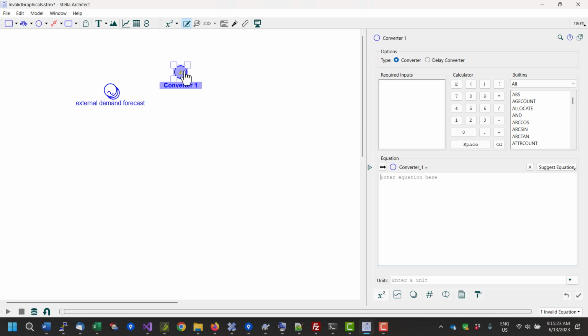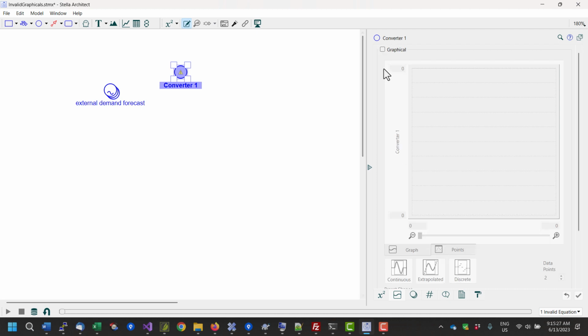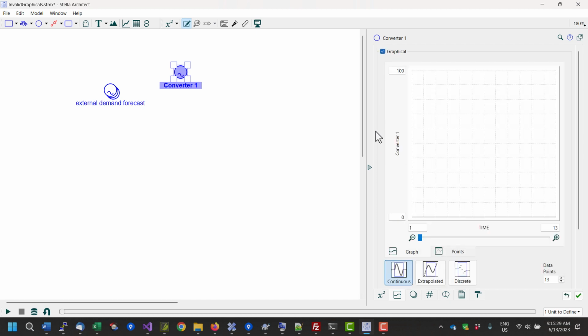Normally, if you put down a converter and turn it into a graphical by clicking on the graphical tab and then checking the button, it will create an empty graphical, but it will be a valid one. However,